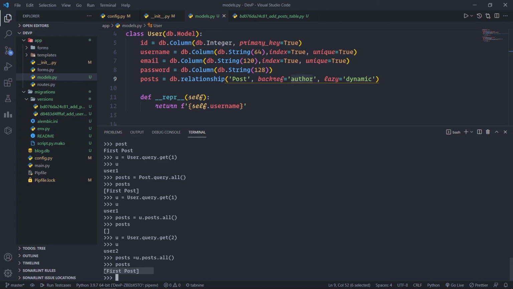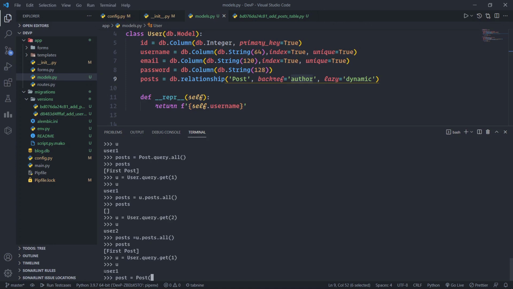Now let's do another thing. Let us create another post. Let us do u is equal to User.query.get(1). So u will be user 1, and let us create a new post with this user.